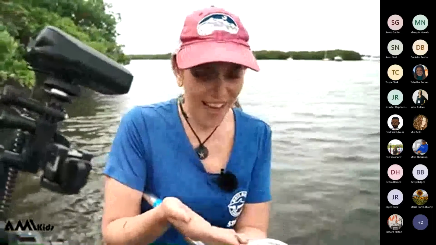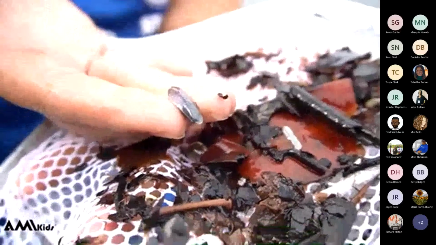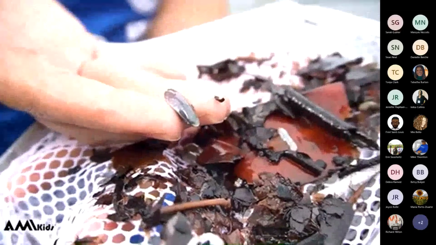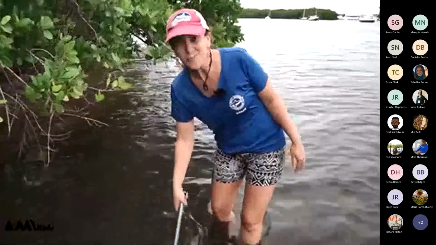So remember, a lot of the things we're finding are going to be kind of small. I found a type of mollusk, which is basically something soft with a hard shell. This is a bivalve, meaning it has two shells, so like a clam or a mussel. And it's a really, really beautiful shell that we found here. And you can tell that there's an animal living inside because the shell is closed. Both parts are closed.